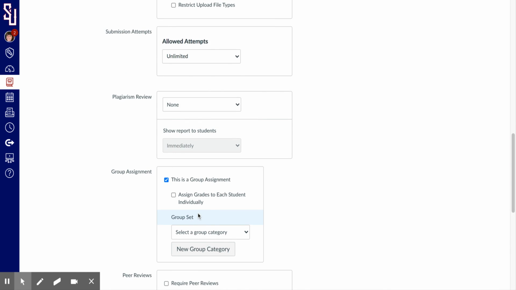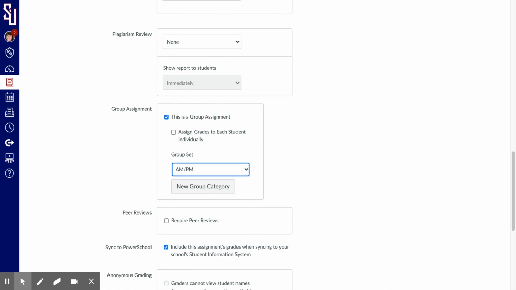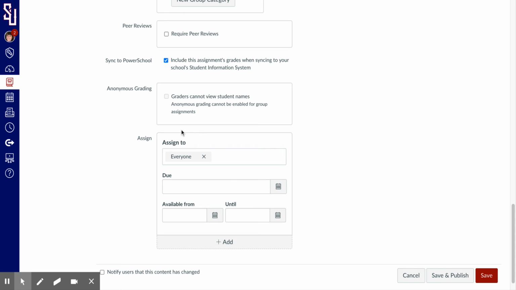And it's intended for that purpose, right? I could select her group category, which is AM, PM. I could go through the whole thing as an assignment, but if I am not assigning to everyone, okay, or to